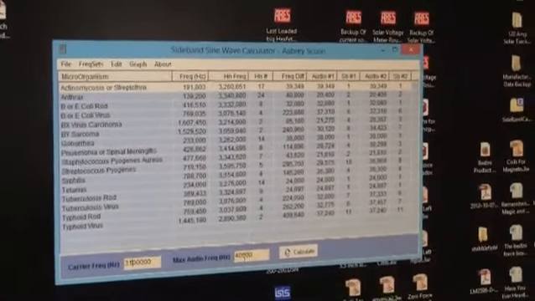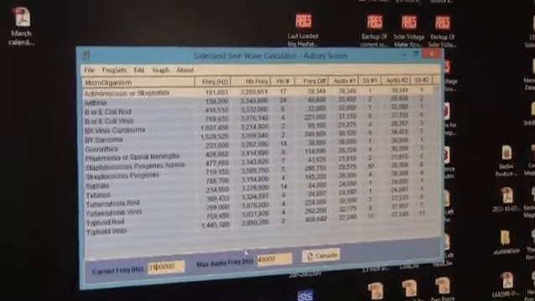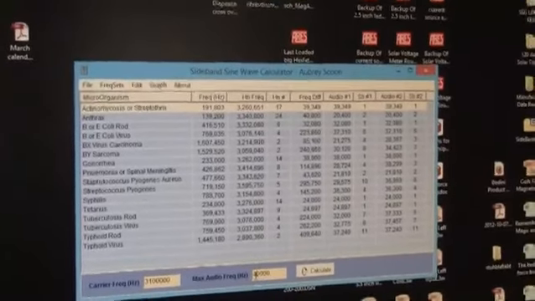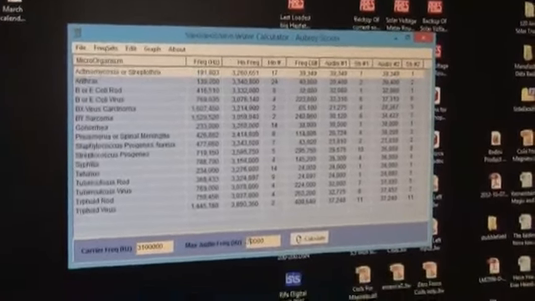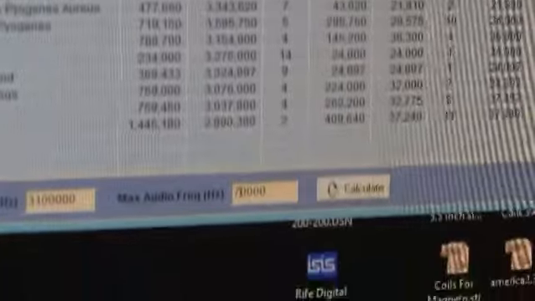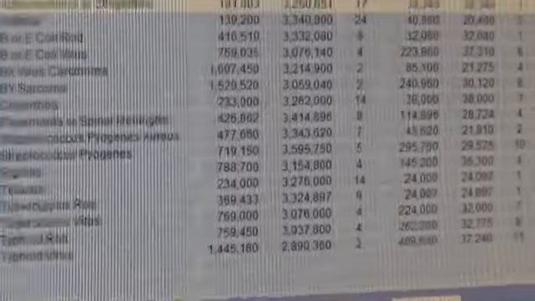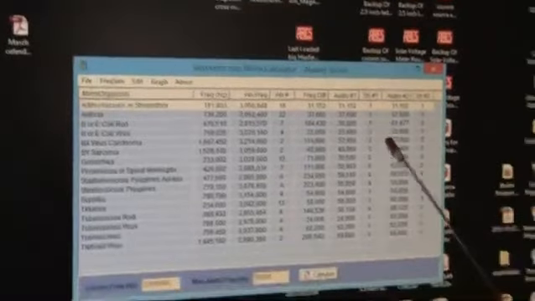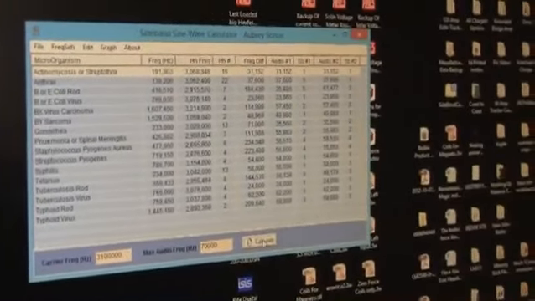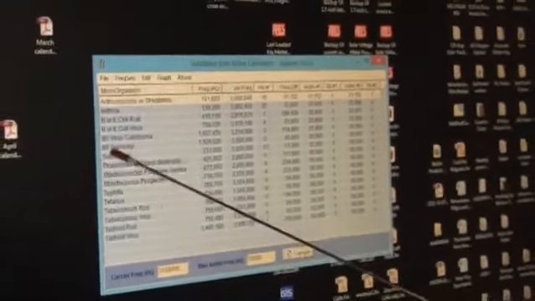And to where the end of my sweep generator is going to go out, which is 70,000, because I want to cover a lot. I want to make sure that I can cover everything. And then I'm going to tell it to calculate, and these numbers change. Yeah, you saw that change. So now if I go look at cancer, right here, the BX virus, it's saying that Hoyland